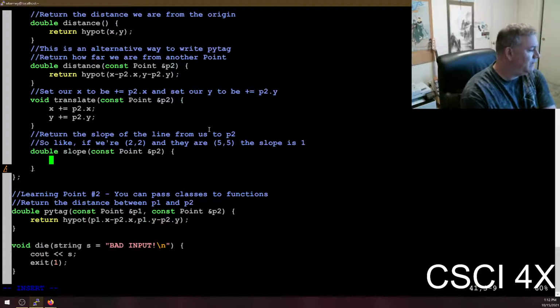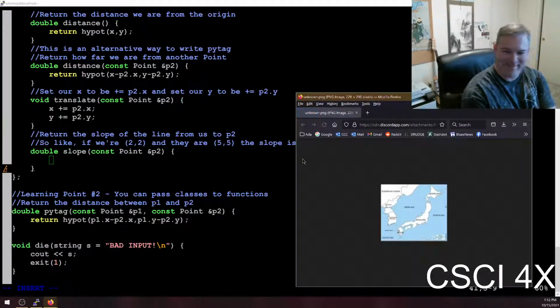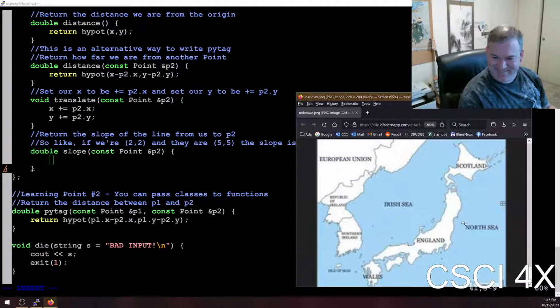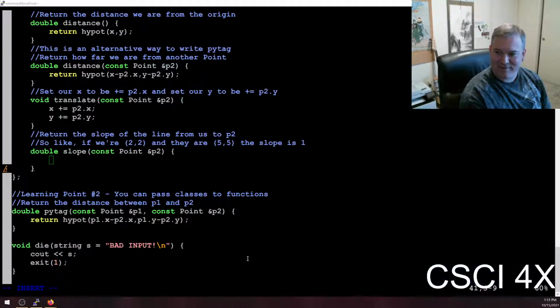If x equals p2.x, that's funny. That is funny. That's a cursed map right there. That's funny. Yeah, a certain amount of truth to it. So